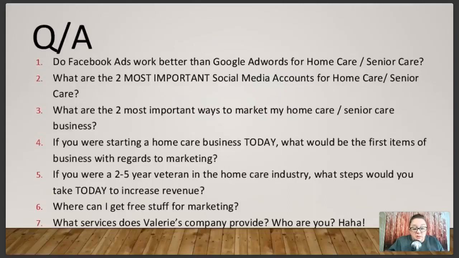So you've got to build a fan base in your local area, not in China, not in India, not in another country. You can't go to Fiverr and buy 4,000 likes. It doesn't help you. It doesn't work. You need to spend the time and the money, $5 a day, $10 a day, building your fan base. And once that's there, you can spend a little money running traffic to your website with ads. Also, for Facebook lead ads, you need to have a Facebook business page. They all work together.